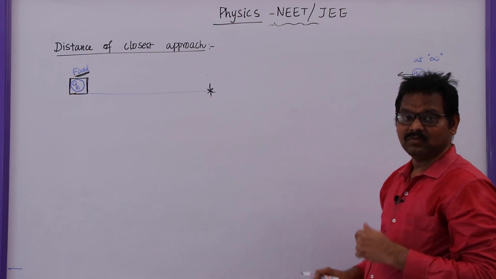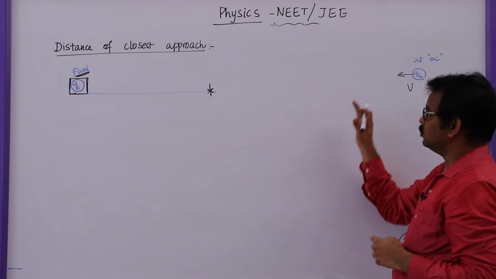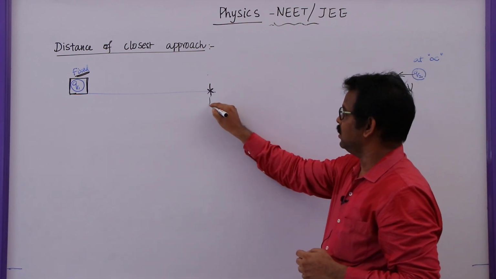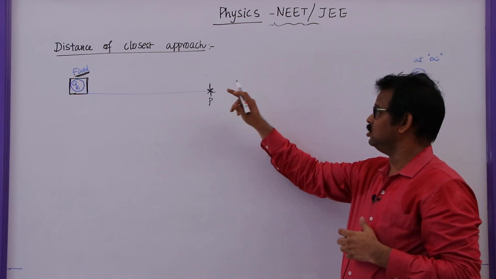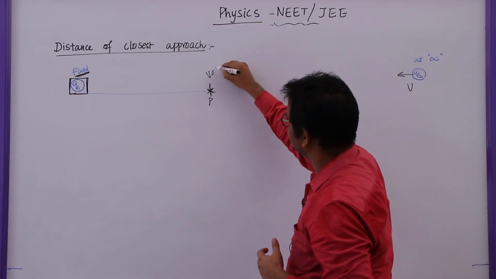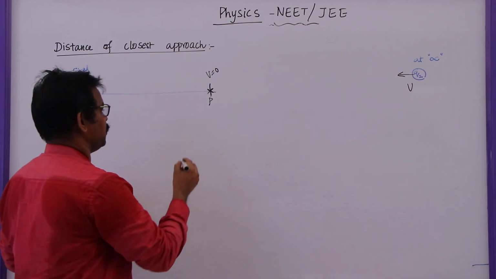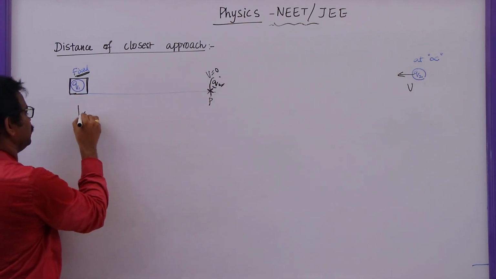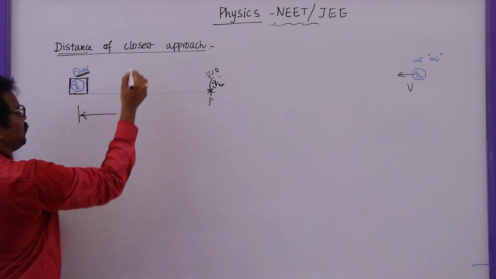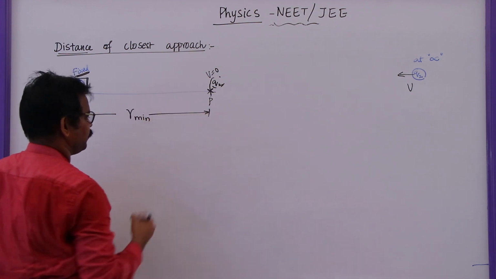Gradually the velocity decreases. Why? Because the charge is moving against the repulsive force. So after reaching a point P, let us say this point P, the velocity gradually decreases and it becomes 0 here. So here the velocity of the charged particle will become 0. So now the distance between these two charged particles, when Q2 approaches here, we call it the distance of closest approach. Generally we denote it with R minimum.